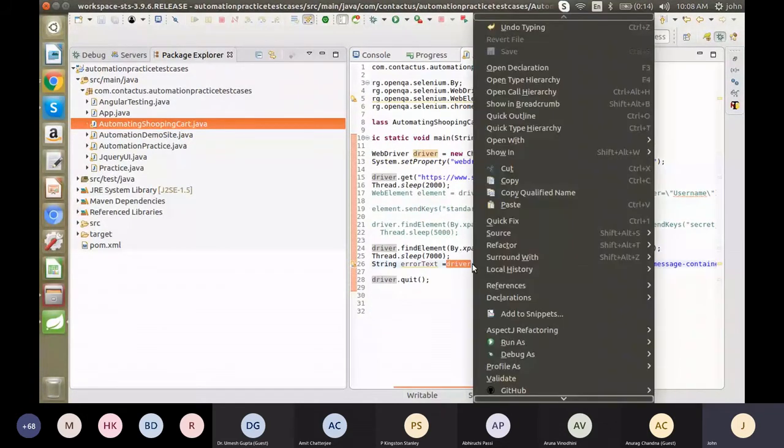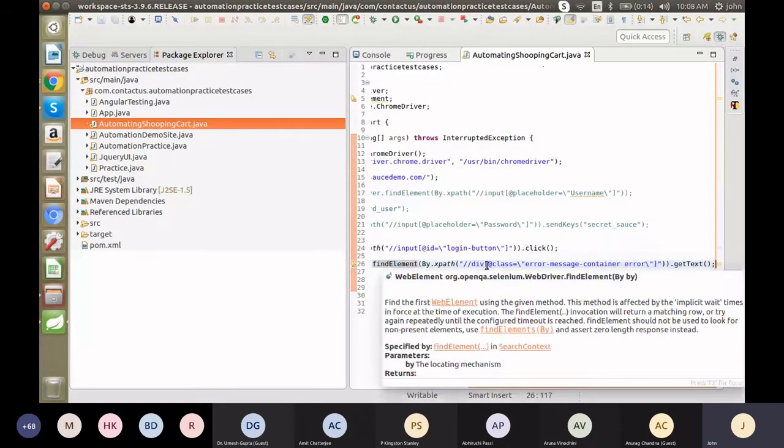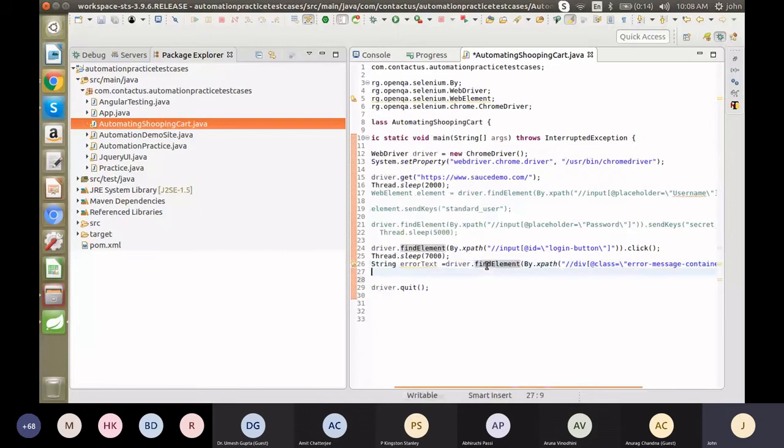Then what we have to do is print the text. For printing the value, we can use System.out.println. I'm giving some string, error messages. You have to print the error text with the plus symbol. You have to print the error text.